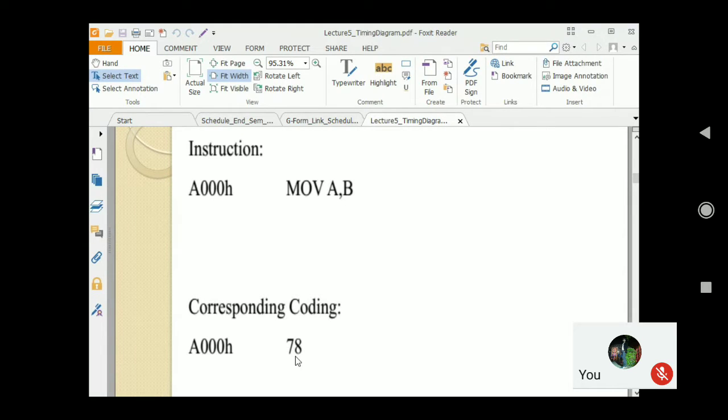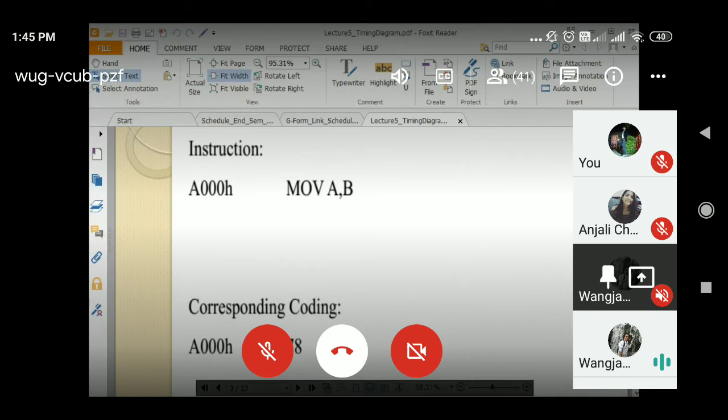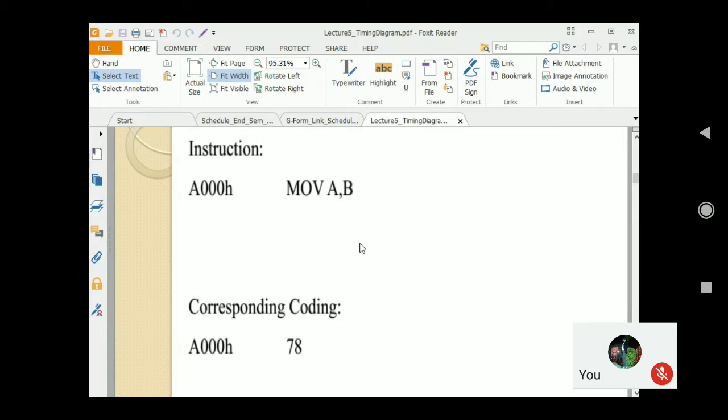This is for the 8085 microprocessor only. Suppose I have a Motorola microprocessor, then the corresponding coding might be different. This is not a fixed one. It is according to the company manufacturer. The manufacturer will tell you that this instruction has this corresponding code, so just use this code for the generation of that particular instruction. This is the coding that is made by that particular company. So this is the instruction, and I'm going to insert this